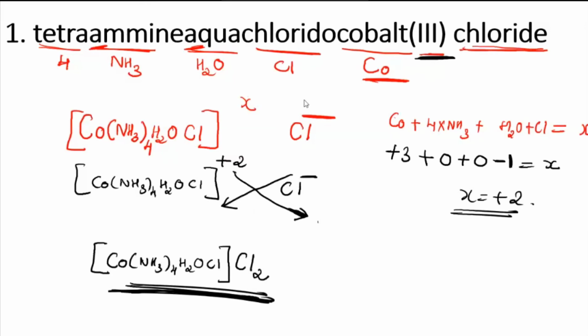Your question is, where does this charge go? Here there is a plus 2 charge. So if you want to balance this plus 2 charge, how many chloride ions will they take? 2 chloride ions, correct, no? So this plus charge, which is 2 in number, will be cancelled by 2 chloride ions. Finally when you write, crossing the valency means what? How many chloride ions are required by this positive entity? 2 chloride ions. Then this positive and negative cancel one another.